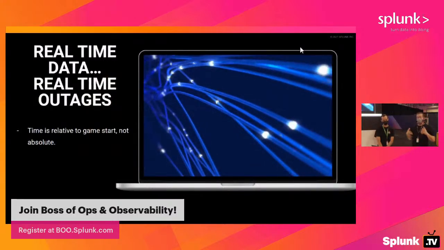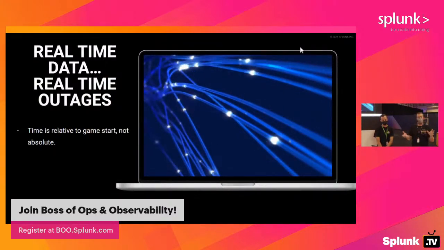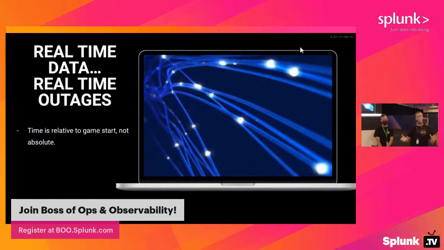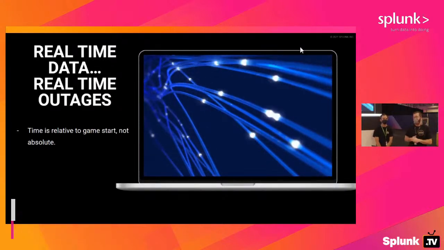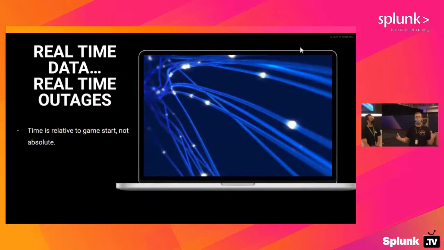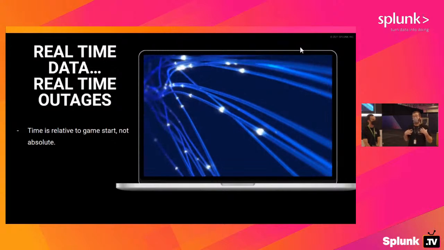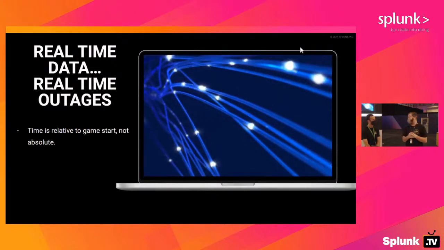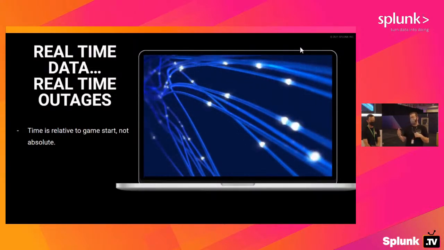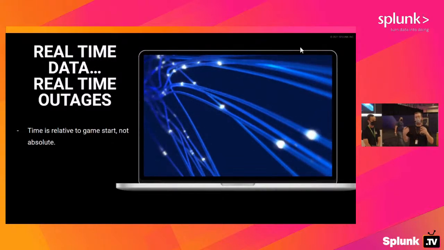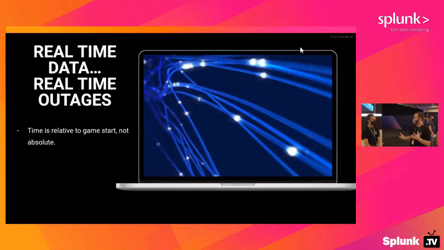So this is the problem, right? Real-time data, real-time outages, just like things happen in your day to day, your real world, they have to happen as you play the game. But when we're playing the game, we need to know what's going to happen so that we know the answers that are happening in the future. So this presents a significant challenge as far as doing this. And here's how we solve that problem.